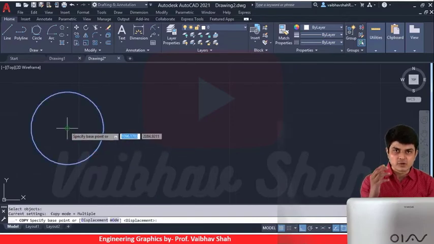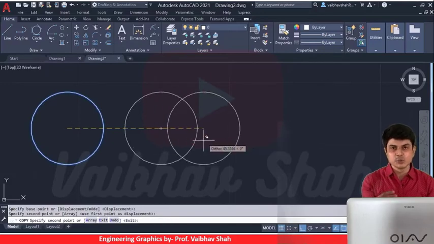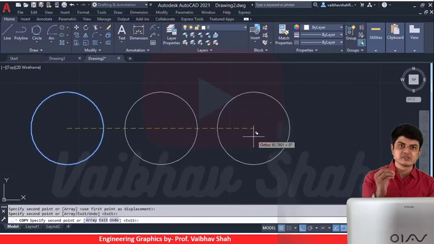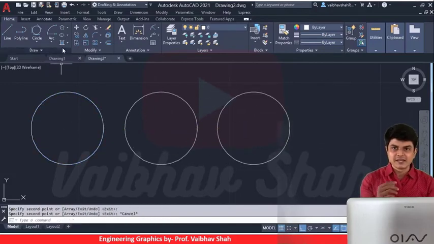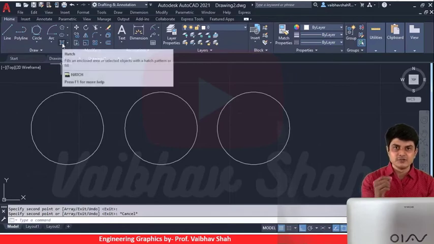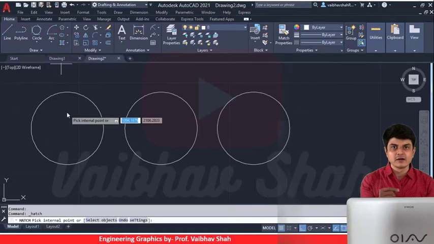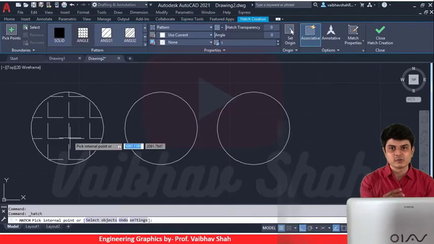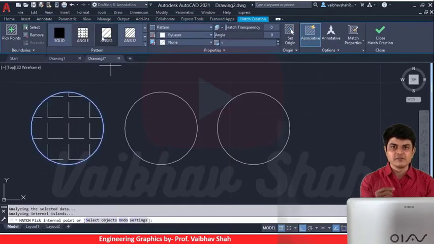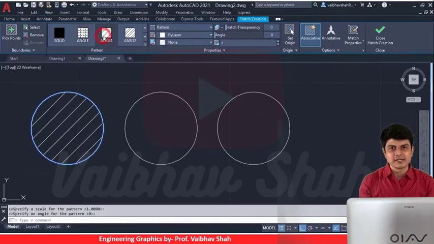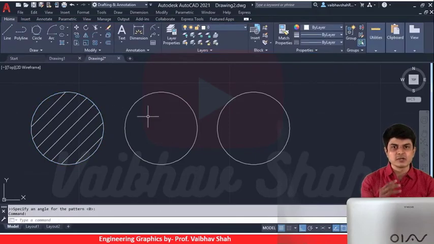So I will be having a total of 3 circles, and I will show you 3 different types of hatching in these 3 circles. So now let us click on hatch command. Then you need to select the area to hatch. You should always click onto the enclosed surface. I will be having hatching. Now if you need to change the pattern, you should select the pattern. So you will be having this hatching pattern. Then after you should press enter in order to terminate the command.